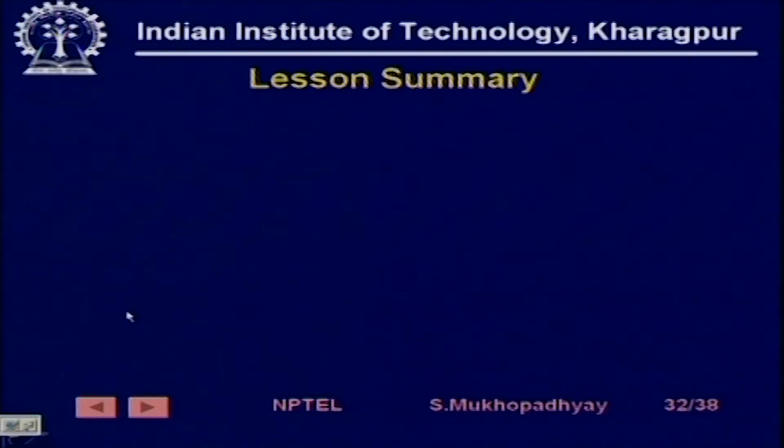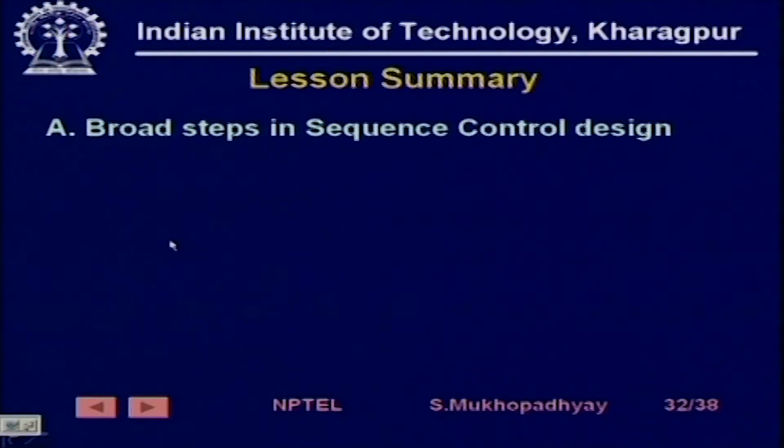So, we have come to the end of the lesson. In this lesson, what have we learned? We have learned the broad steps in sequence control design, and these are very important. First of all, identify the inputs and outputs, then very critically study the system behavior, look at the requirements for manual control, operator safety, faults, etc., and then try to